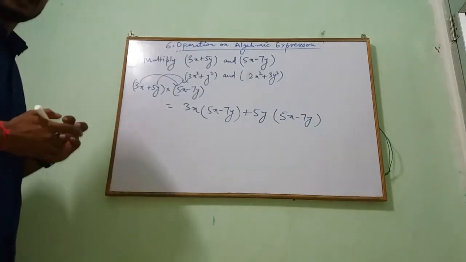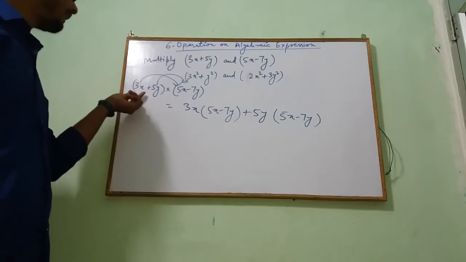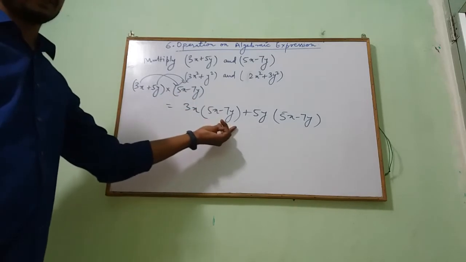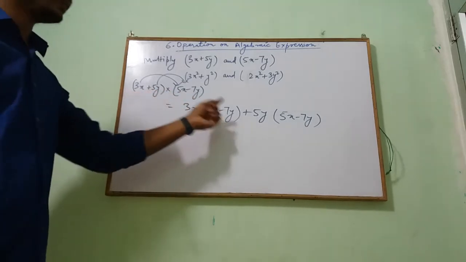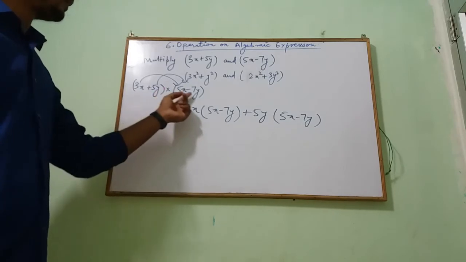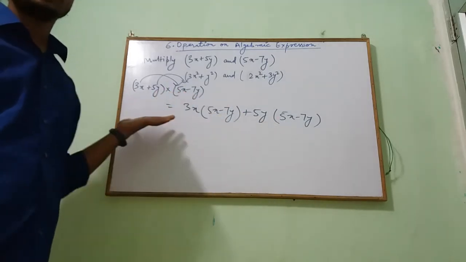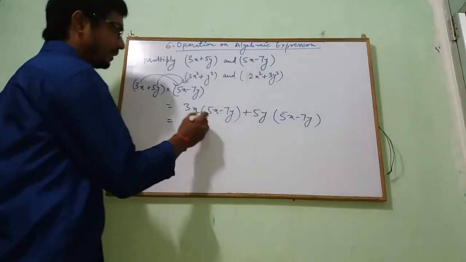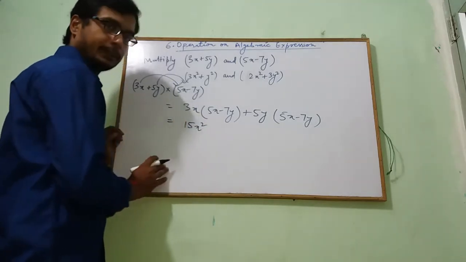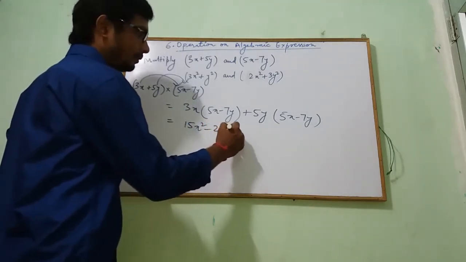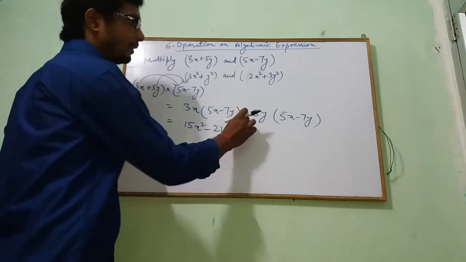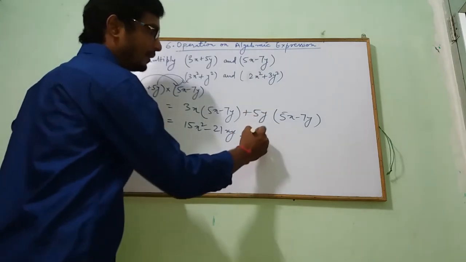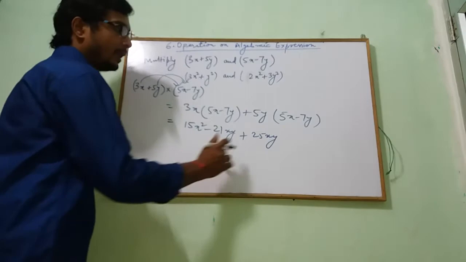Again, I am explaining what we have done. We have split 3x plus 5y. Then I write 3x here and multiply it with 5x minus 7y. Then I have written a plus sign here and then I multiply 5y with 5x minus 7y. So the first one is 3x, which will be multiplied with 5x minus 7y. So my answer will be 15x square minus 21xy, and this 5y multiplied with 5x gives plus 25xy, and then minus